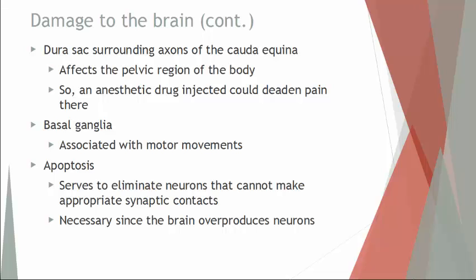Now, sometimes these checks can be made and the cell will kill itself with no problem, but other times it doesn't happen. Tumor cells don't have this ability. That's why they keep replicating over and over again. Even though they're not functional cells, they're skipping over that checkpoint that makes them realize the cell's not going to work, let's just kill ourselves and be done with it. They just keep replicating. So whenever a neuron is being overproduced or made incorrectly, instead of keeping that going, these cells will nip it in the bud and kill themselves.